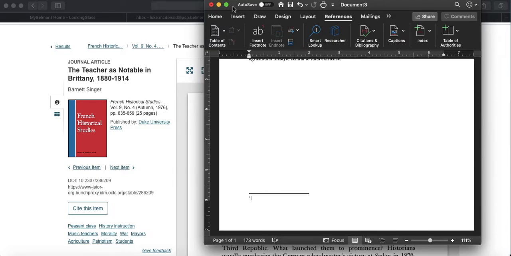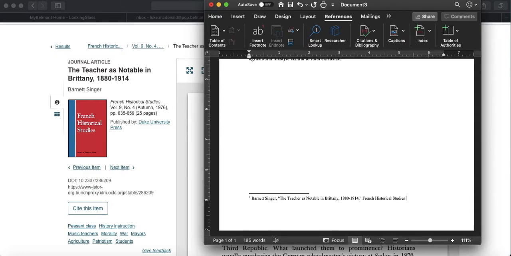So for a footnote, you'll start with the name of the author, and then in quotation marks, you'll put the title of the article, and then following the title of the article, you'll put in the title of the journal that the article is in. So this is French Historical Studies, and then all of the rest of this portion will be the information